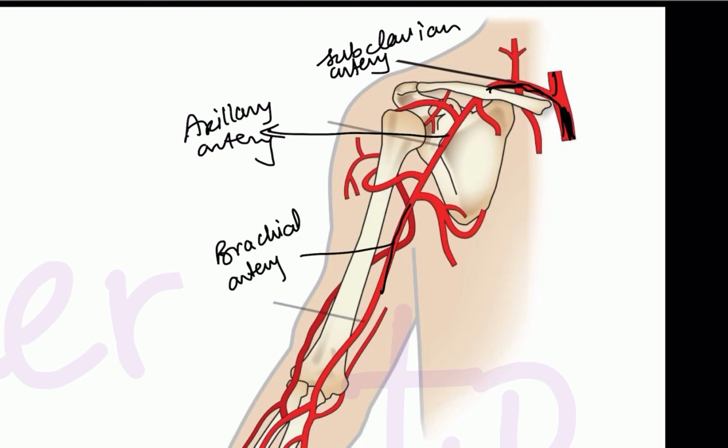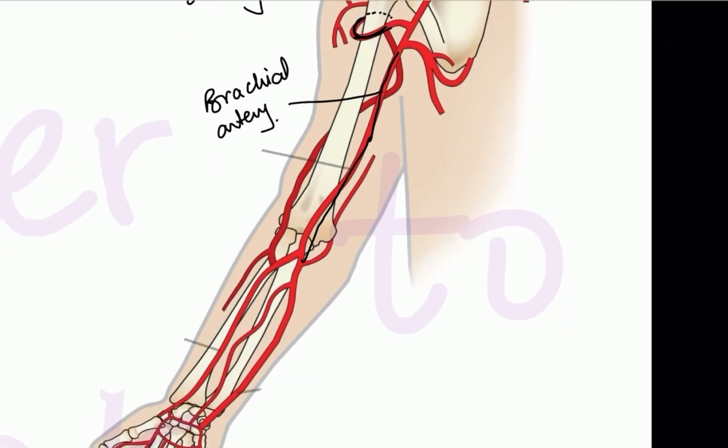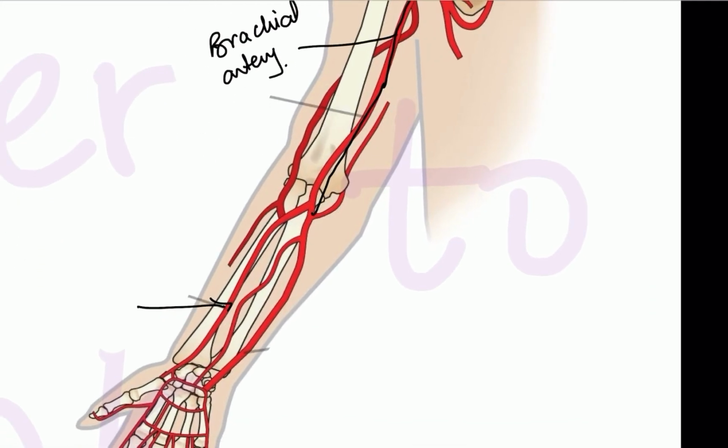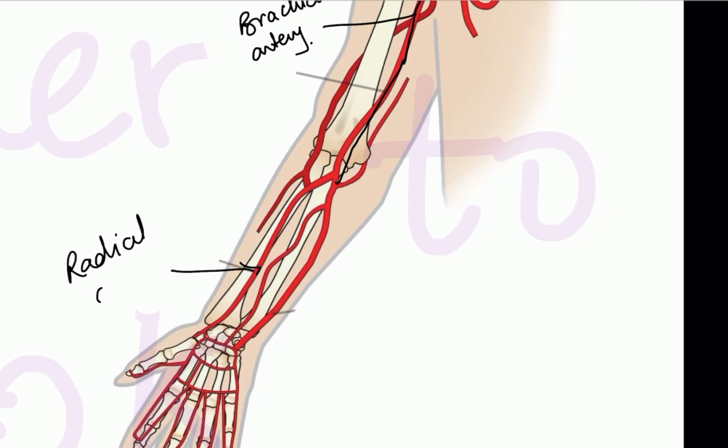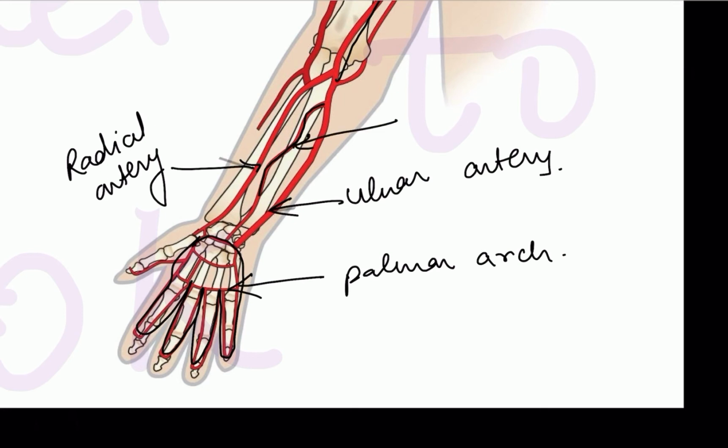Brachial artery. At the surgical neck of the humerus, you can see this, right? This is the anterior circumflex humeral artery, and on the back side you will have the posterior circumflex humeral artery. So this is the brachial artery. Now this brachial artery goes down to the cubital fossa, and then it gives you these arteries. This is your thumb side, so on the thumb side we have the radial artery, and on the medial side we have the ulnar artery. Now you can see the radial artery and ulnar artery forming this arc. This is called the palmar arcs, so write this as palmar arc. You can also see this artery in between, which is a branch coming through the ulnar artery. This was the common interosseous artery given by the ulnar artery.